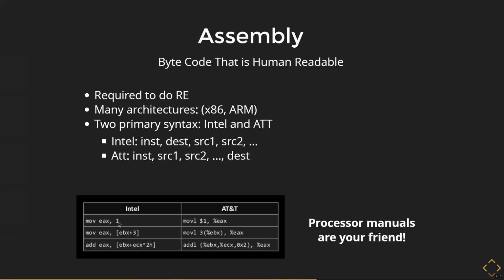AT&T is backwards, and they use $ and percent to say this is either data, this is an address, this is a register. So knowing how to use both is very good. And also